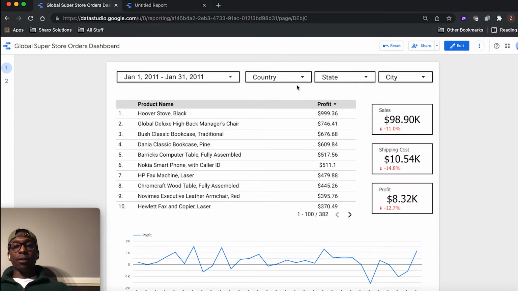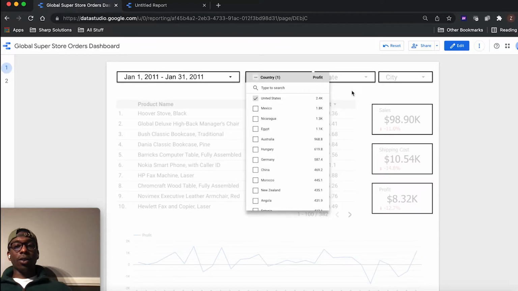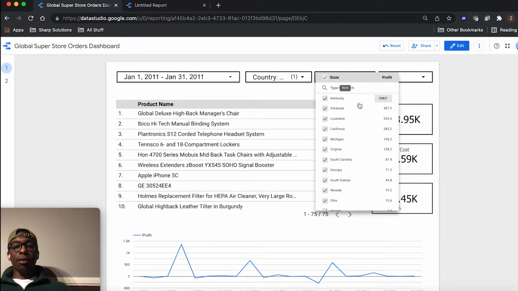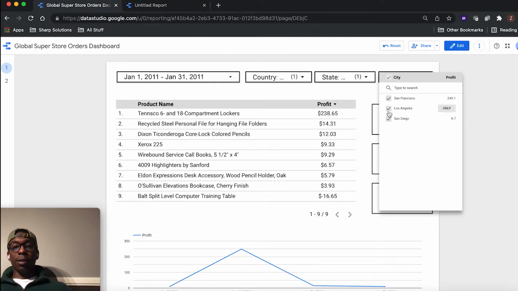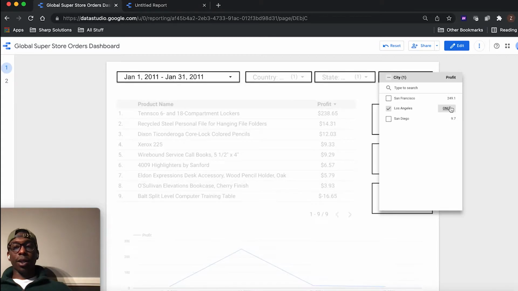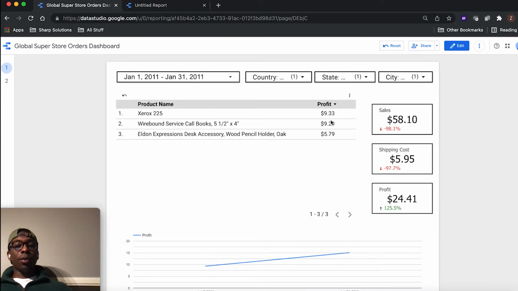Now let's say I wanted to look for a specific geolocation. We'll say somewhere in the US, we'll make it a big city. So let's go United States only. State, we want it to be big. Let's go with California. And drill this down a little bit more. So let's go to LA and see what we're working with there. So when we drill this down, we can see that for January 2011, LA brought in just under $25 in